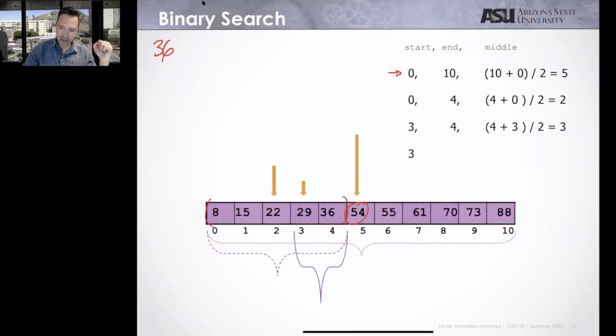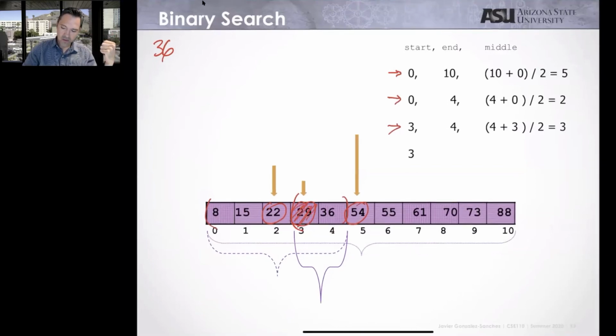Second comparison, 36 compared with the 22, that is the middle. 36 is going to be greater, so I am going to continue searching there. So far, the same. Now, 36, the middle is 29. Is 36 equal? No. Okay, I need to continue searching. Is 36 smaller or greater than 29? It's greater. Okay, so that means now, the next time,